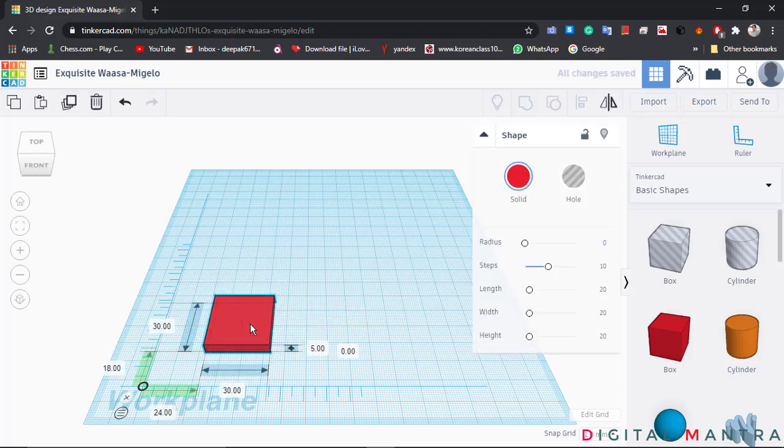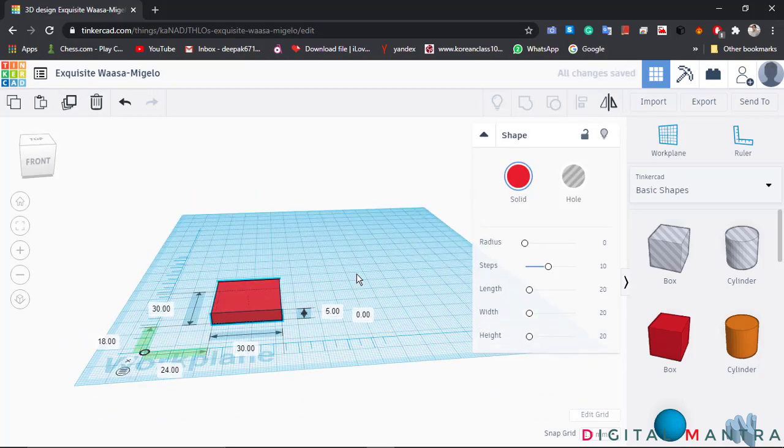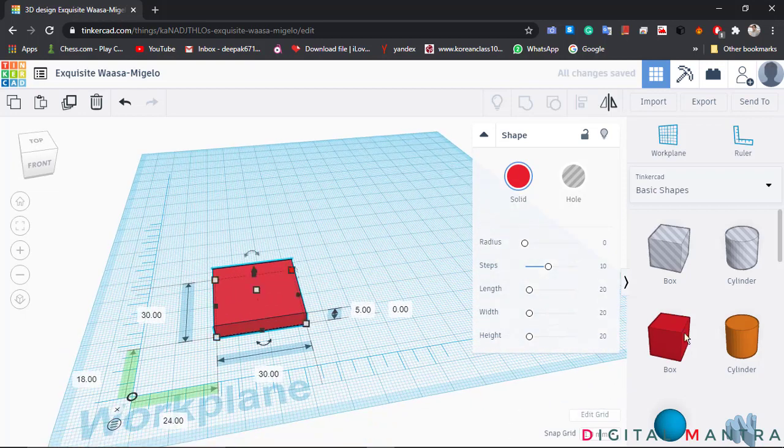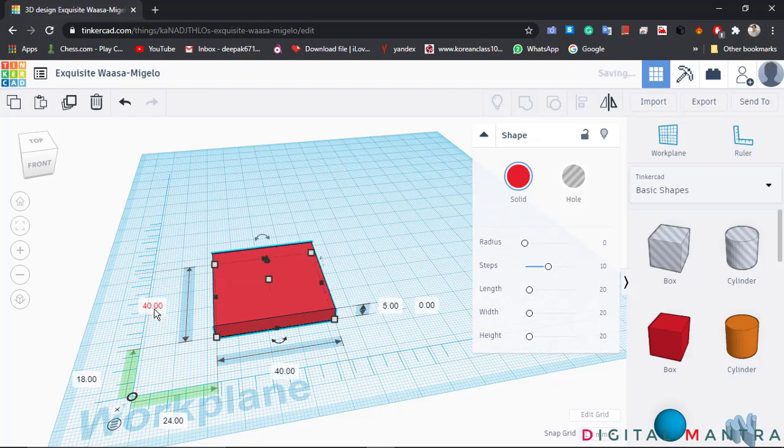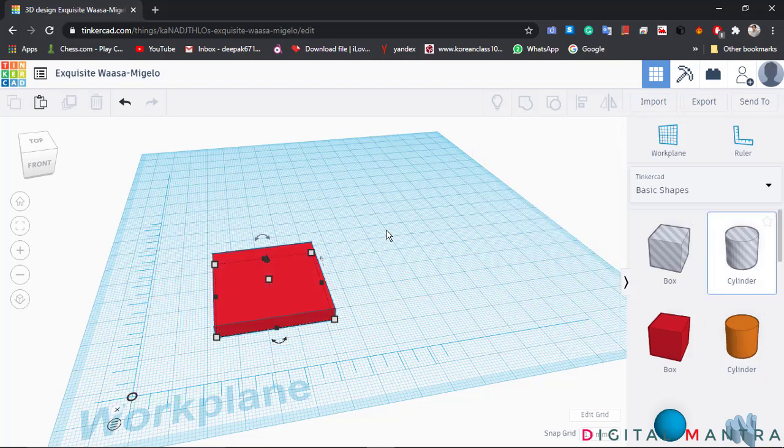Now I will drag a cylinder and I want to place the cylinder at almost equal distances here. For this, let me change the value, make it 40, so it will be better to understand. It will make it simple. So now drag a cylinder and give the dimensions.